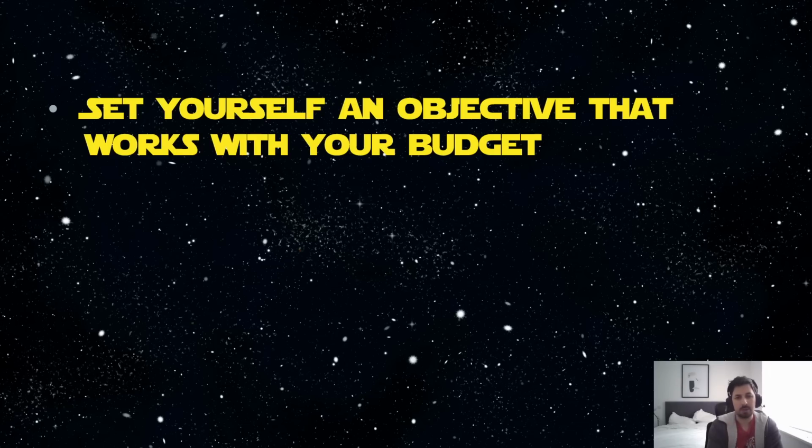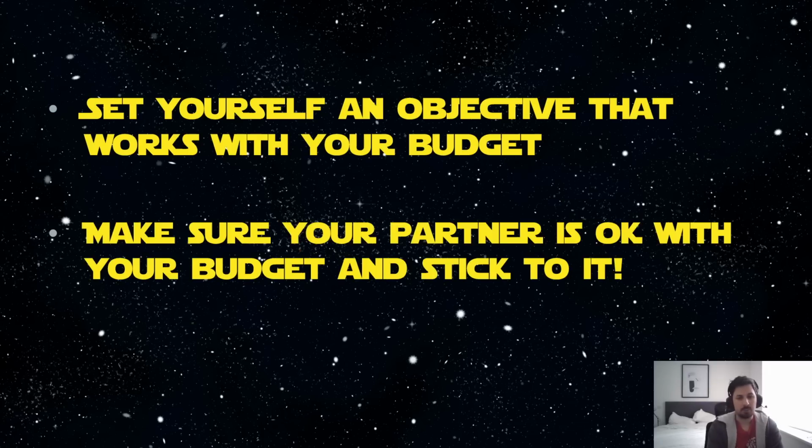It's very important because opening packs can be a little bit addictive. So if you set yourself a budget limit, this is going to help you limit yourself in terms of what you are actually spending. Step number two is, once you set yourself a budget, make sure that your partner